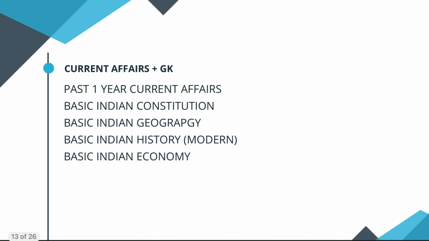So similarly, for the GK plus current affairs section, you should have at least 1 year of current affairs, which is a must for the examination. Although not exactly 1 year, even if you covered the last 10 months of current affairs, that would be enough. But just to make sure you do not miss even one question if it comes from current affairs, you should at least have a 2 months buffer as well. So prepare one last year of current affairs, and along with that, have the basics of some subjects,